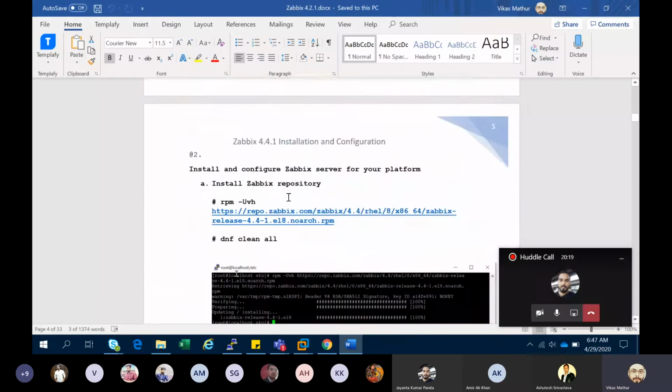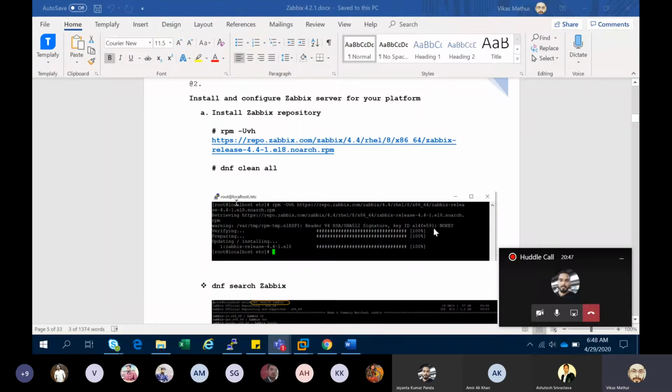Now the second important thing is that we need to add the Zabbix repository, which is available on the Zabbix site with the available packages. What I did was copy the rpm -Uvh command and download, and just run this command here.